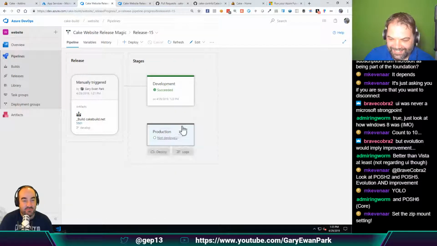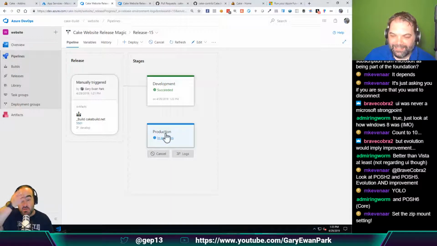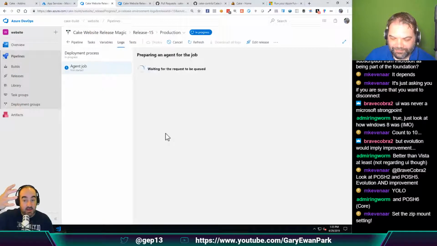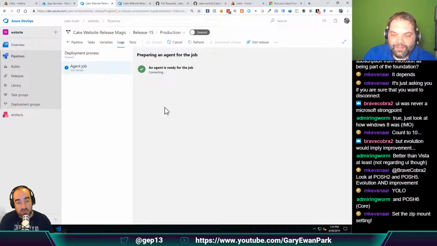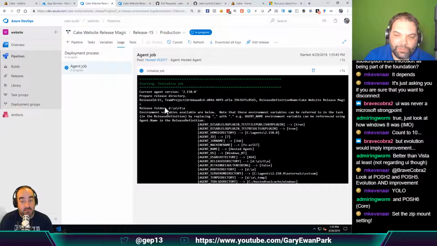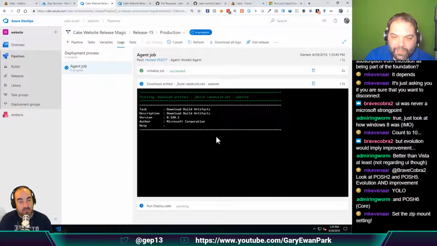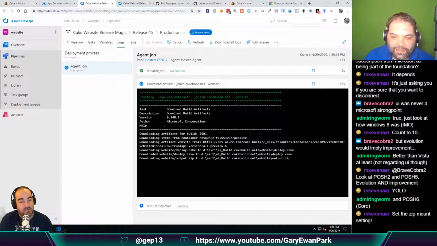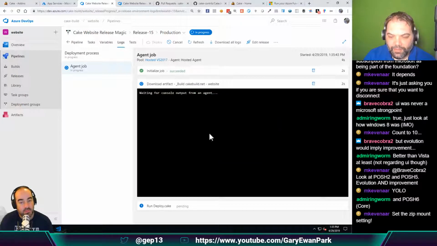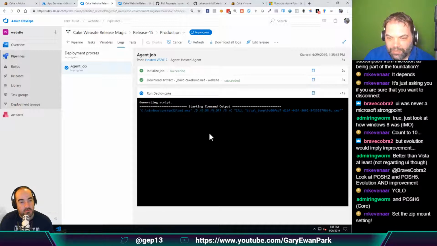Look at that. In here, we can do all sorts of things, like say that multiple people have to approve it. So there's gates and all sorts of things you can go through, right? Yeah, so we can set manual approval, so people that have access to it, but you can also set things like call an API to get an approval. So it's really powerful. So we'll see now when it's